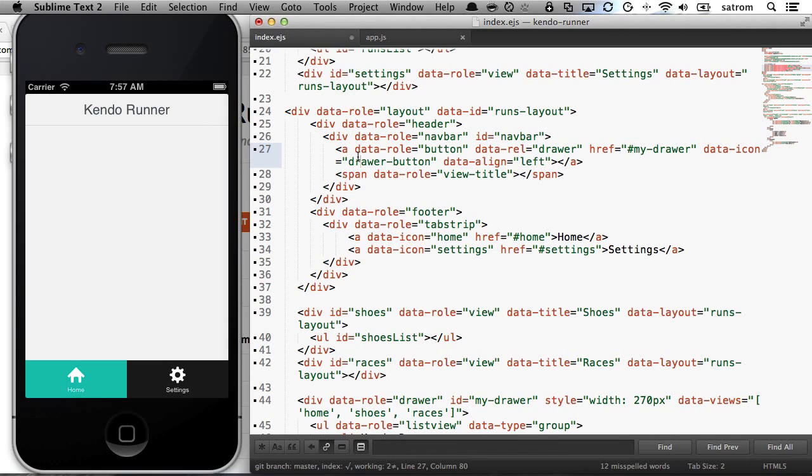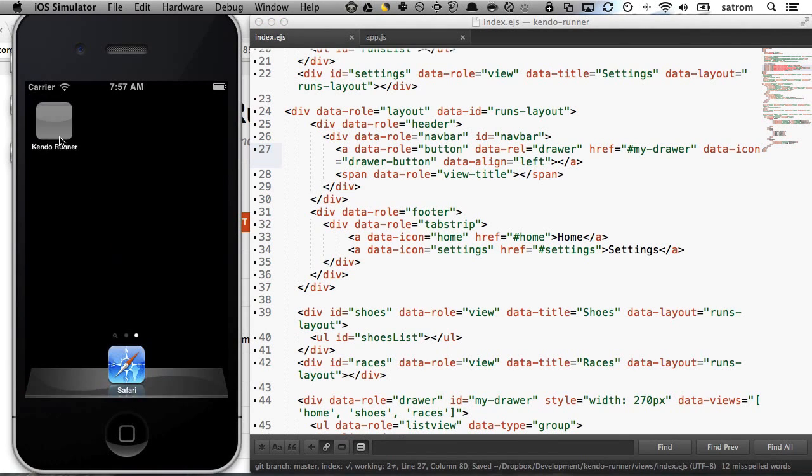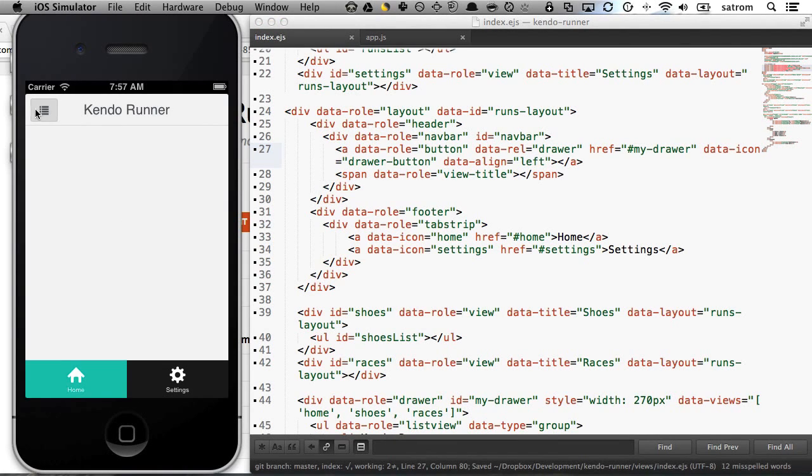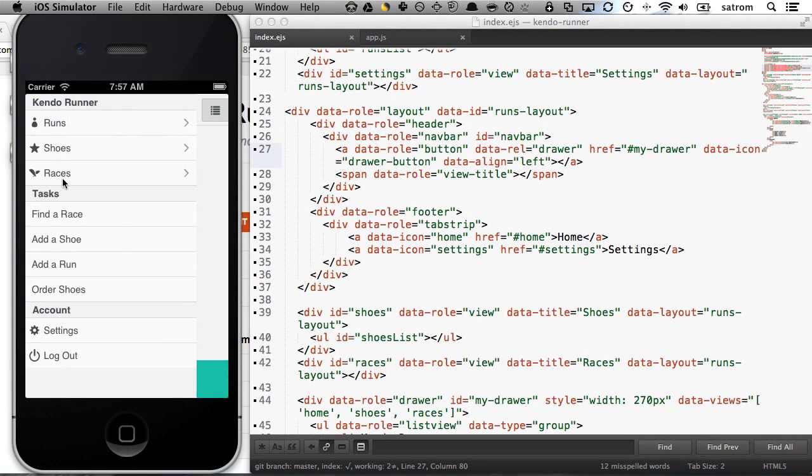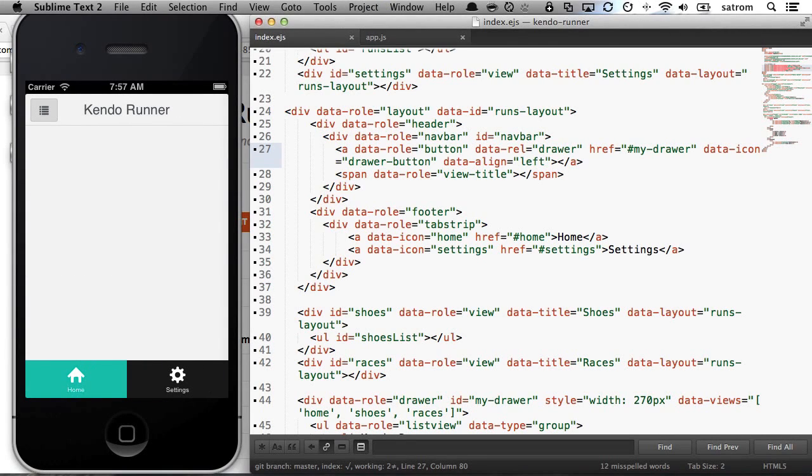so that I can get that drawer activated, save that, rerun the app. When I open it back up, I'll see my nice little drawer menu here, and I can open that. There's no data in here, but you can see all the information that I've added inside of this. So that's nice. I've got my app shell looking really good. So the next step then is going to be to add some content,